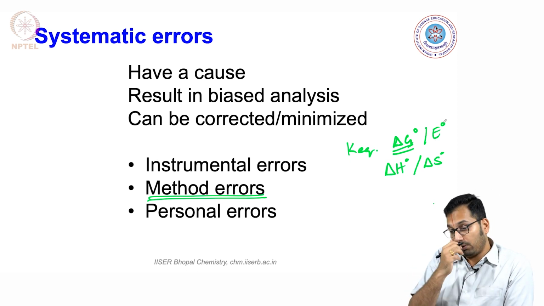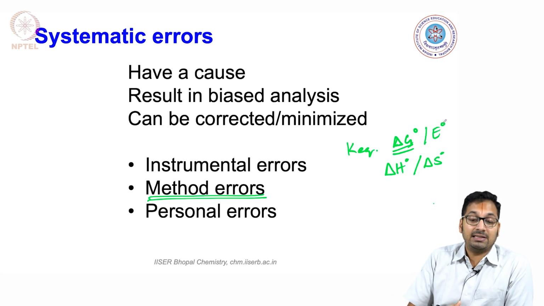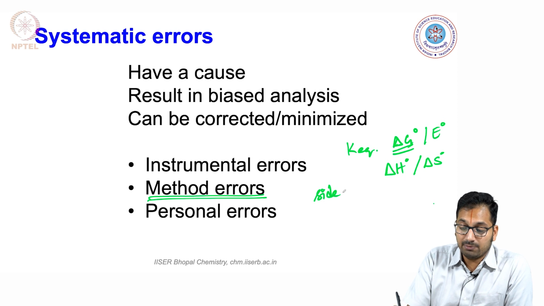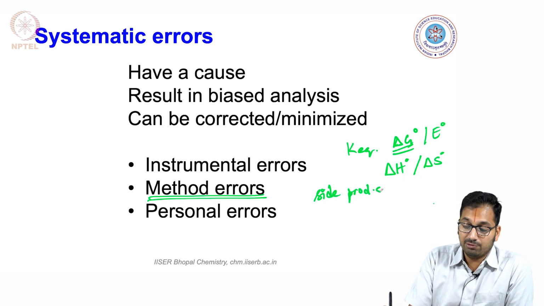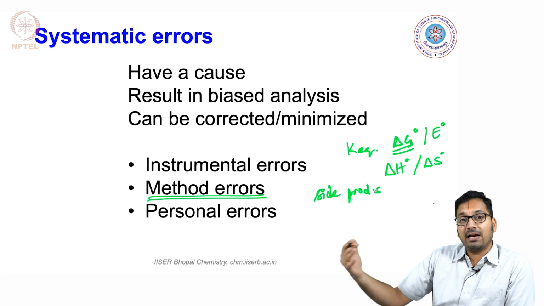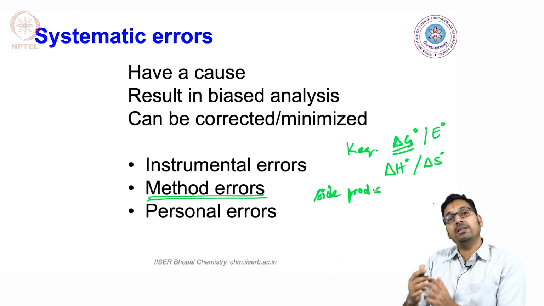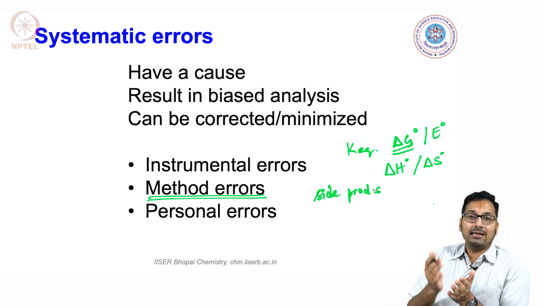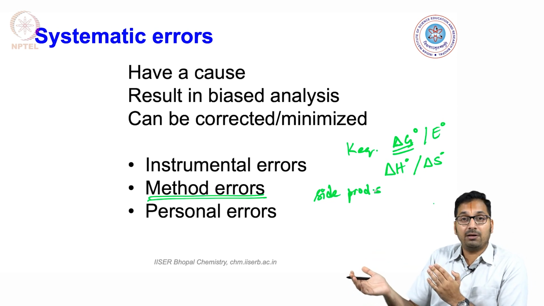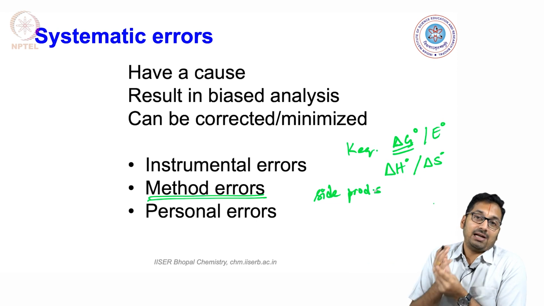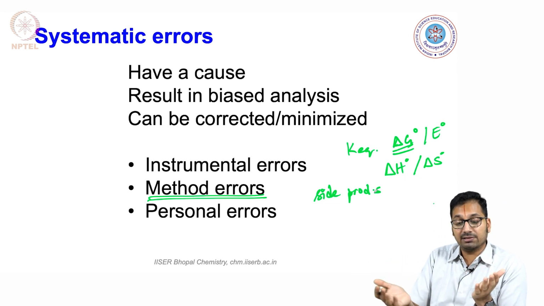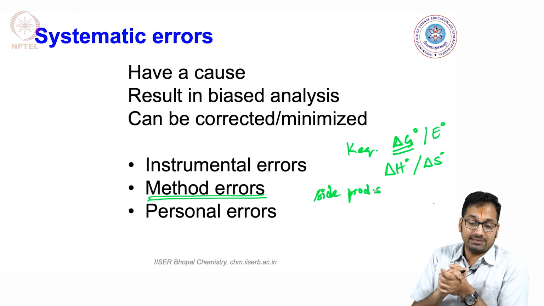On top of it, what could happen is that if you, let's say, wait long enough, you start forming side products for the chemical that you are using. So when this starts to happen, it might interfere with the kind of analysis that you're trying to do. Let's say that you're doing a fluorescence assay, and the byproduct that ends up coming has a different fluorescence absorption and emission maxima. It could start interfering. Let's say that's close enough to the analyte that you're trying to look at, it will start giving you biased results.